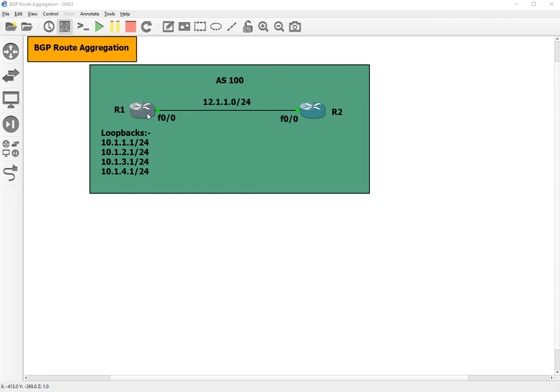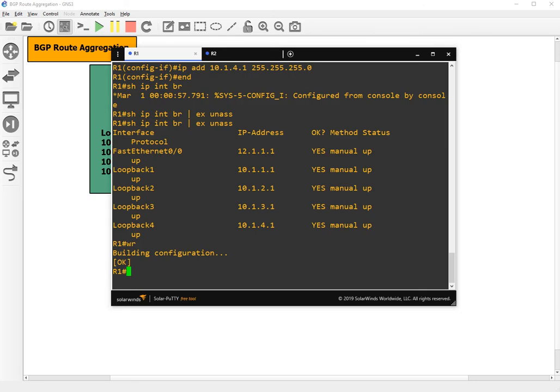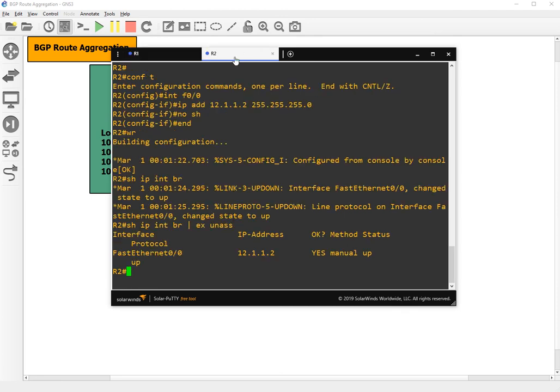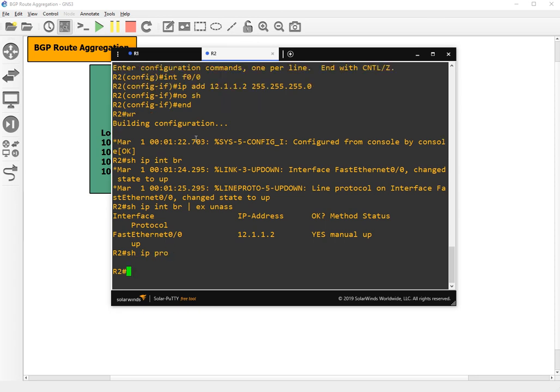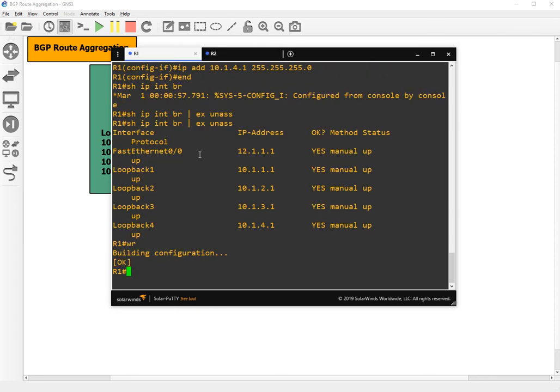So we'll configure route aggregation on R1. Before that, let me show you the IP addresses. As you can see on R1, IP address 12.1.1.1 is configured on FastEthernet 0/0, and 10.1.1.1, 10.1.2.1, 10.1.3.1 and 10.1.4.1 are configured for loopbacks 1, 2, 3, 4 respectively, and IP address 12.1.1.2 is configured on R2, and there is currently no protocol running, so we'll be running IP protocol